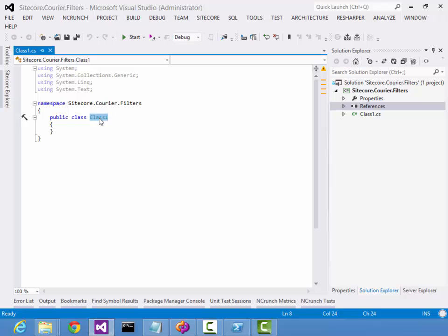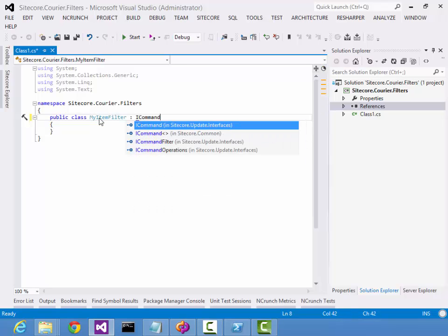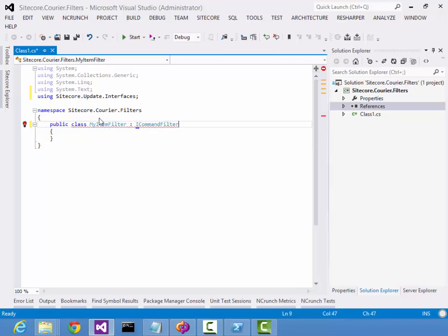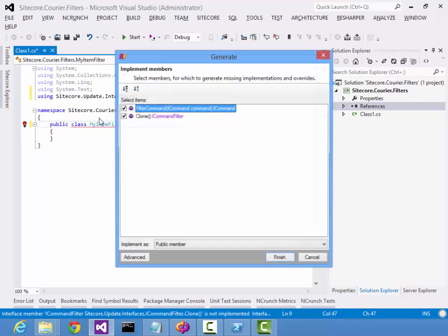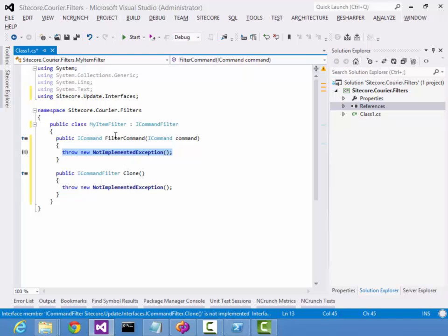Let's name it MyItemFilter. It should implement the ICommandFilter interface. There will be two methods, and for the Clone method you can just return a simple member-wise clone.